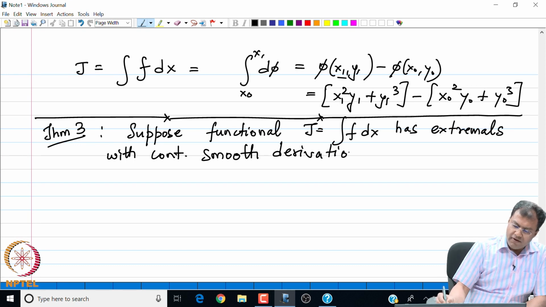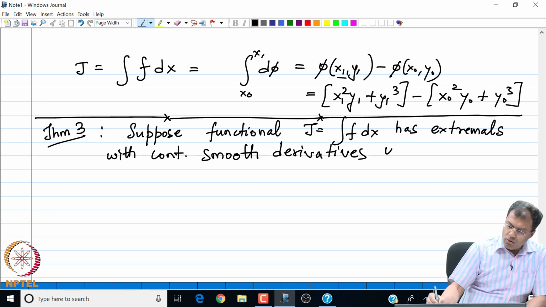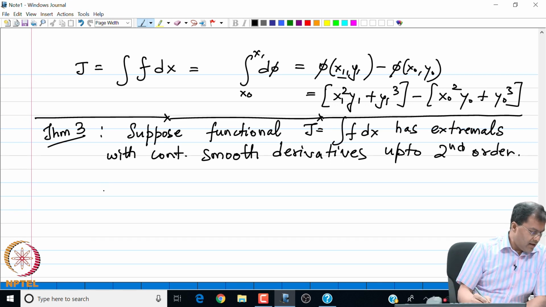So, this will be the final result in our lecture series. So, J has extremals with continuous smooth derivatives up to second order, right, and